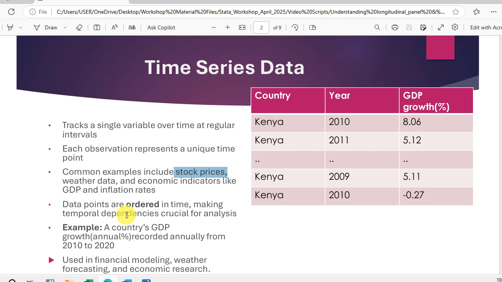An example is a country's GDP growth recorded annually from 2010 to 2020. This data is commonly used in financial modeling, weather forecasting, and economic research. As you can see from my table here, we have a country, Kenya, from 2010. Actually, it's supposed to be 2019, 2020. So from 2010 to 2020,